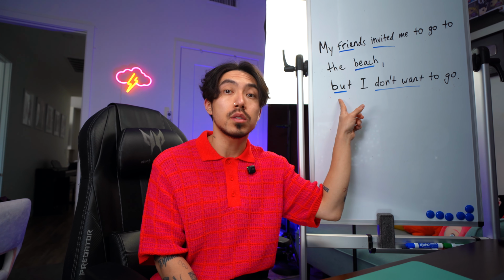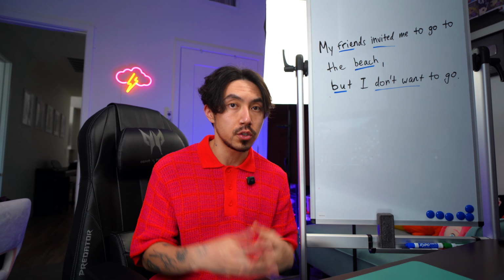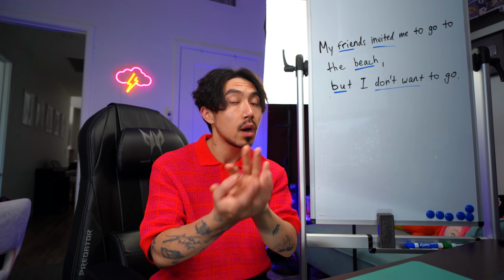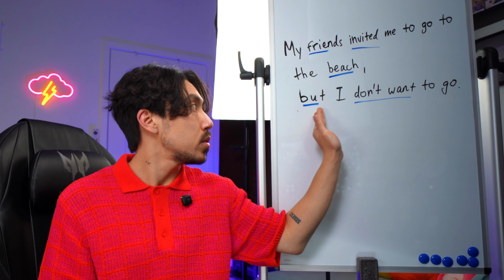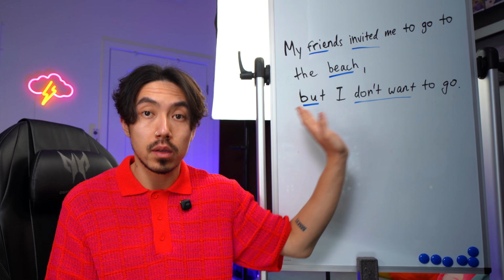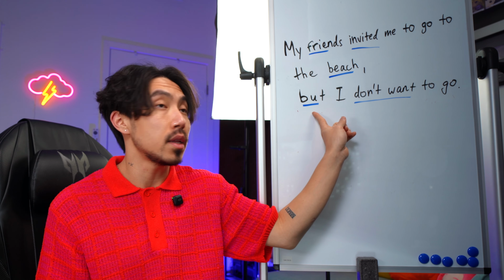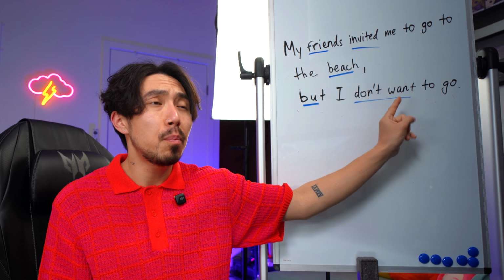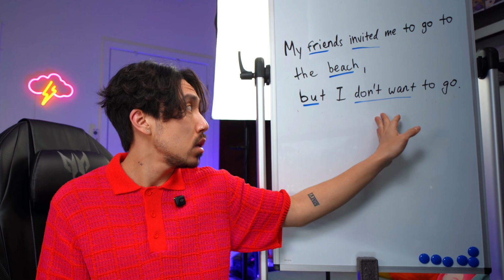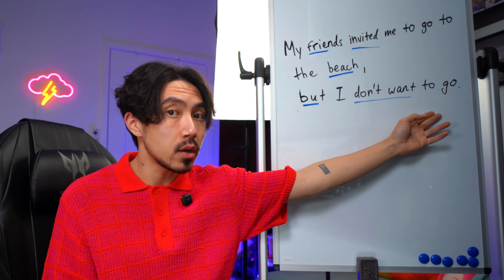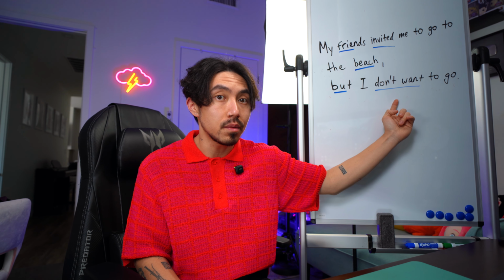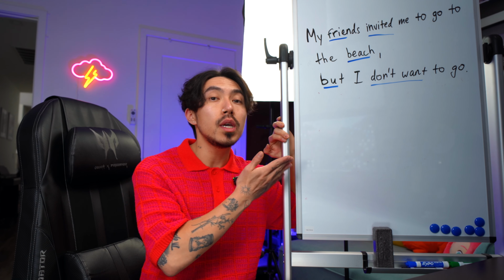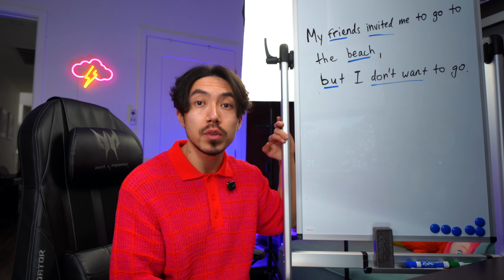Now, but is a very, very strong conjunction because it introduces a contrast. And it fully sets up the contrasting idea that is going to come afterwards. So I want to hit that a little harder. And then whatever the main point of the contrasting idea is, I don't want to go. It's not go because it's the opposite for me in my sentence. So these are the focus words I will be emphasizing.